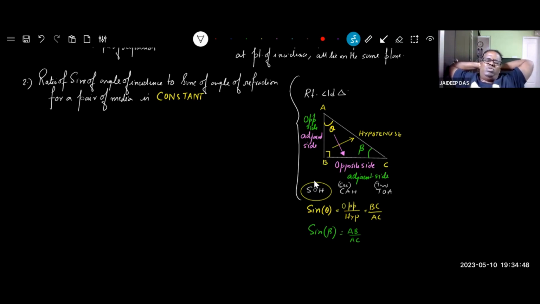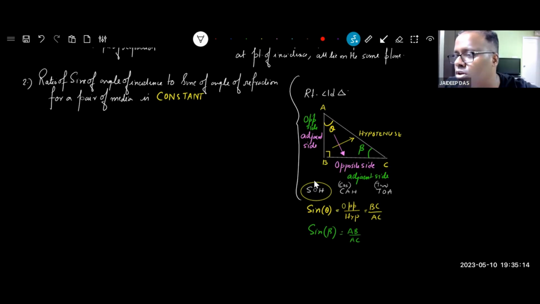Adjacent means next to the angle. If you look at angle theta, then it has a side on its left and it has a side on its right. Right one is already frozen because that's the hypotenuse. So the only option you are left with is the left one. And that becomes the adjacent side. Understood? So our second law says that the ratio of sine of angle of incidence to sine of